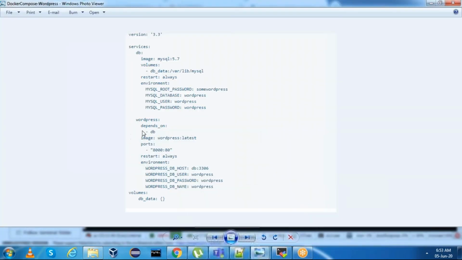Here the key point is this one. If you don't mention this depends_on, this deployment will not work. Why? Because WordPress needs database connection details.